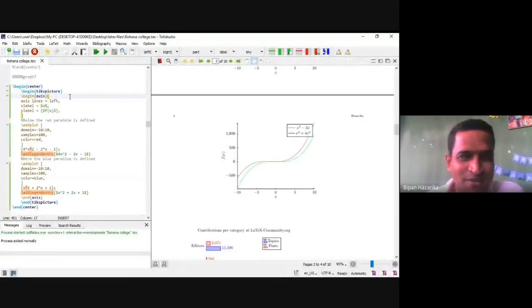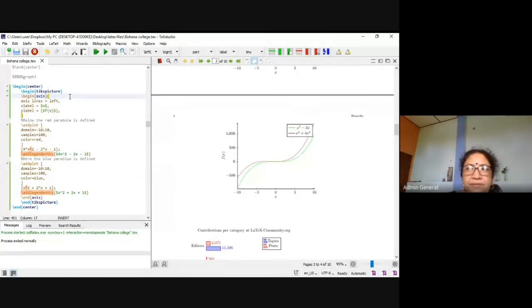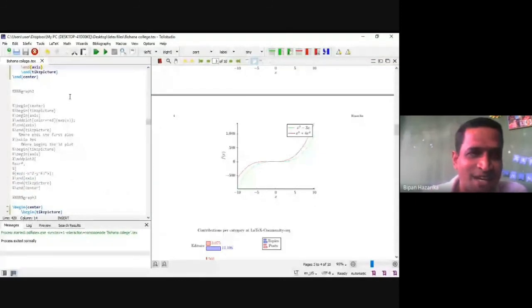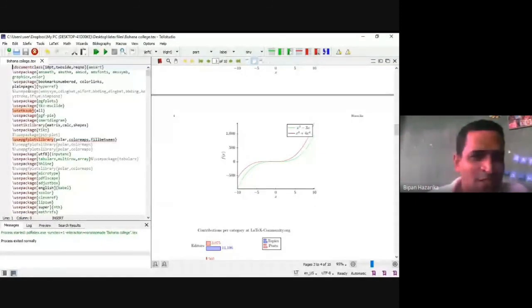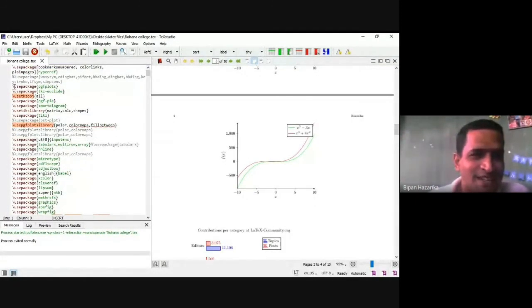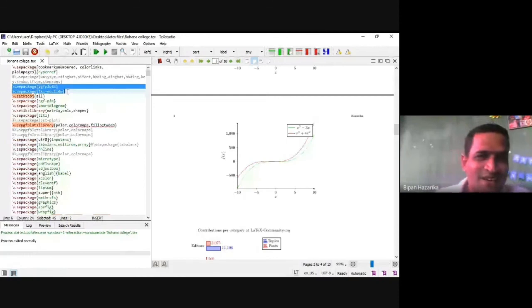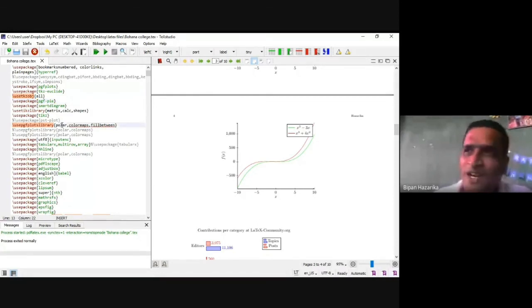Have you seen the screen? Okay. You see the commands here. To draw figures, these are the commands. Highlighted commands, use package. And for polar, if you want to draw polar functions, you use this one.